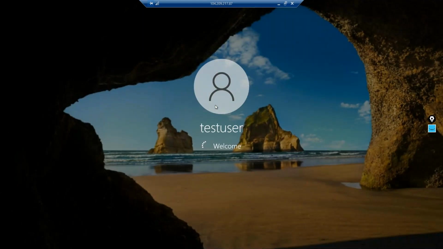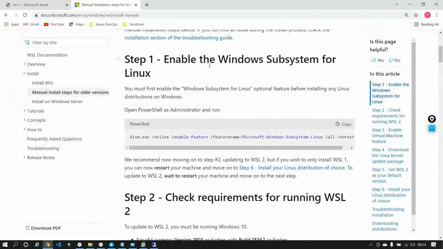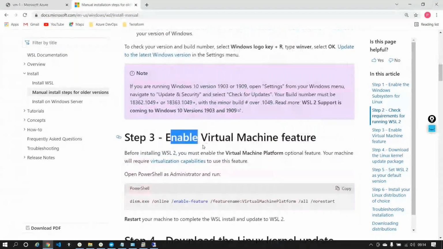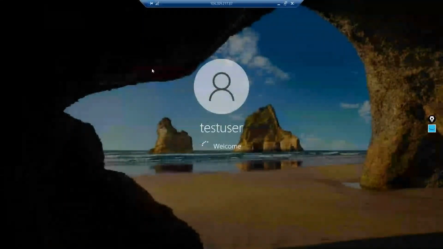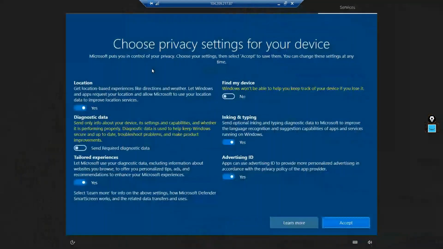So it'll just take a minute to go ahead into this machine and give me the UI out here. The first thing that I'll be doing is following this documentation, for everyone's benefit, and I'll enable these two features, something known as Windows Subsystem for Linux and a virtual machine feature, and then restart my machine. It does take a couple of restarts. So let me do that out here. So accept,